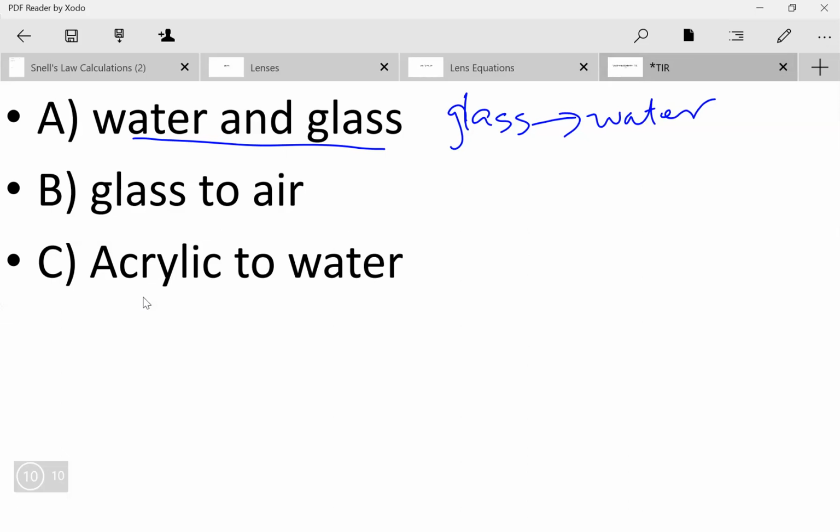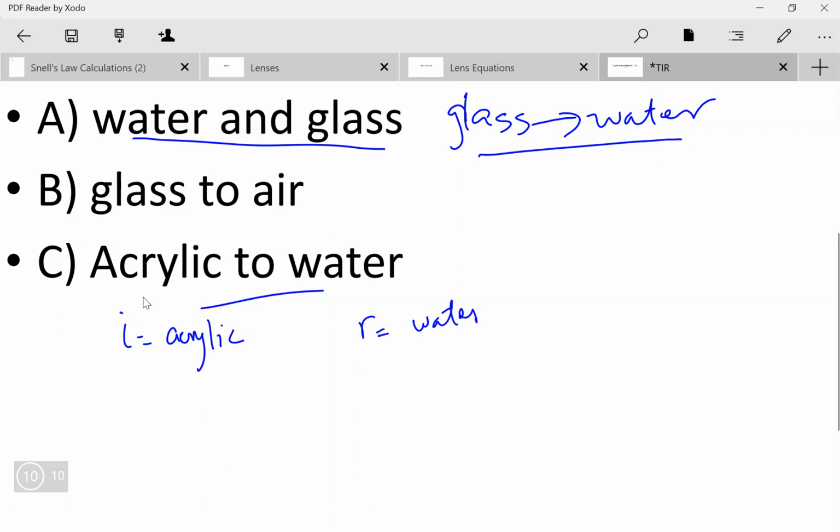If you do go from a rarer to a denser medium, you'll get an error in your calculator when you try to calculate the angle, because it's impossible for the critical angle to exist when you're going from water to glass, from rarer to denser, right? Because it's bending towards the normal. So this is assumed to be from glass to water. We're going to just do acrylic to water. So we know incident medium is acrylic, refracted medium is water,